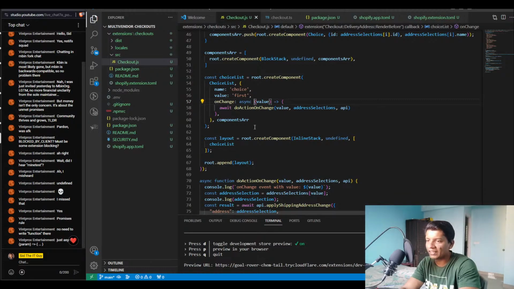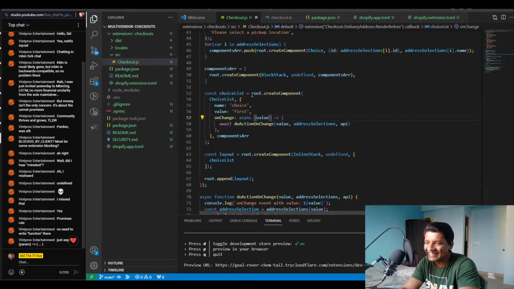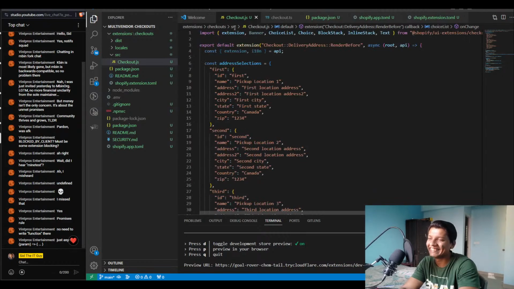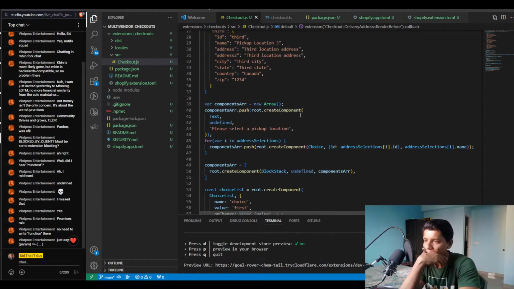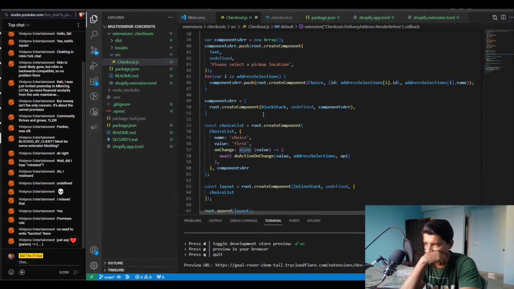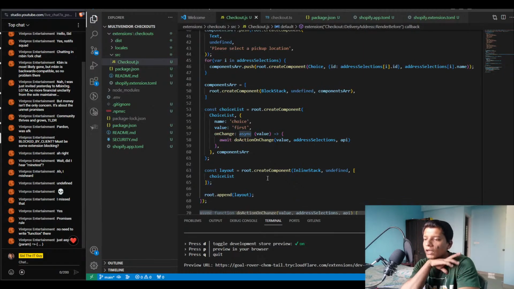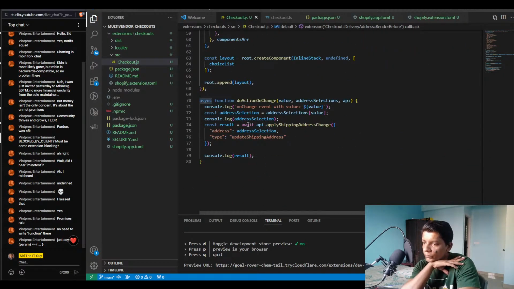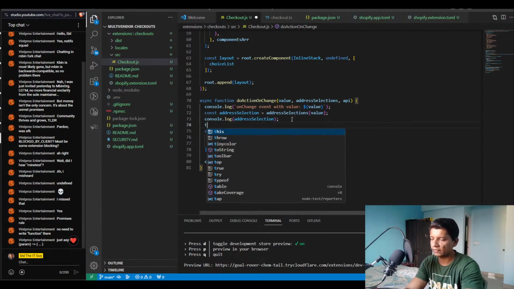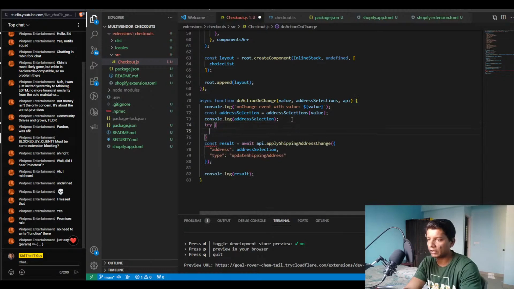Here it is async as well. So now it says on change async value. Oh wait, do action on change. So now this will actually wait. And if I do try catch, let's see if I can catch something in try catch, because